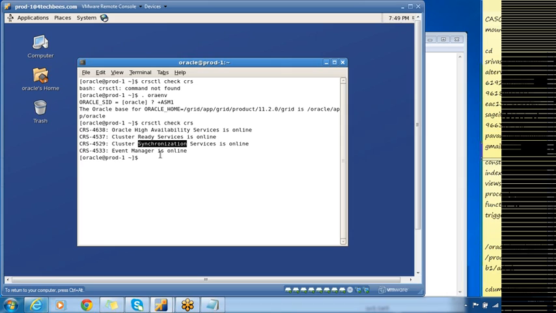It is responsible for the node membership, and it is also responsible for fencing out the node from the cluster. And event manager is a process which sends the events generated by the cluster process. It forwards those events from one node to another node such that the other node will be aware of the events which are generated on the local node.